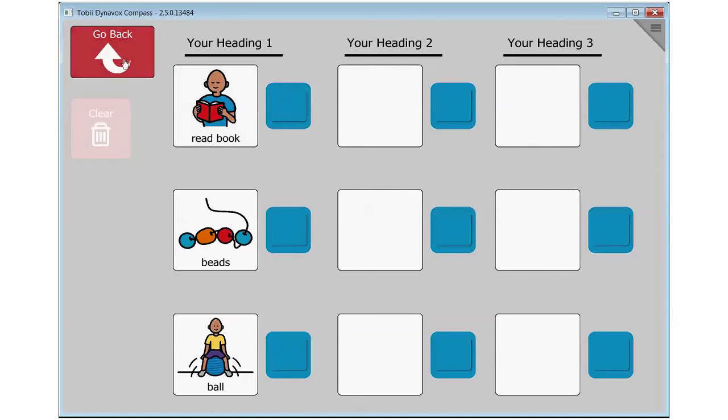Now you'll notice that right now I can't get out of this page. That's because we exited from our page editor. Therefore, it doesn't have an idea of where it needs to go back to. So what I'm going to do